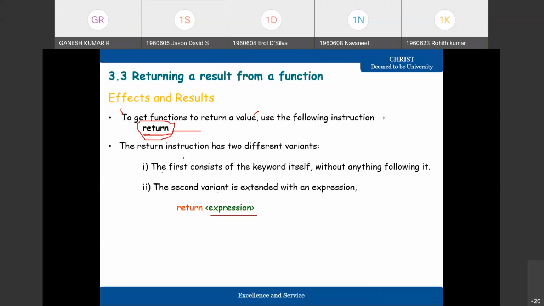Number one, just the keyword itself, a simple return statement. The second variant has the keyword return followed by expressions, and one or more expressions can be separated by commas.